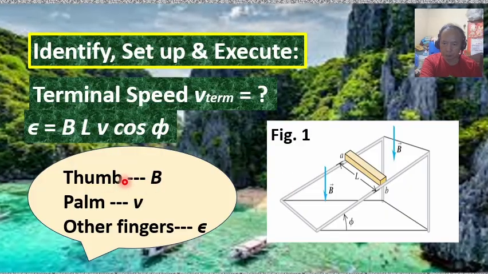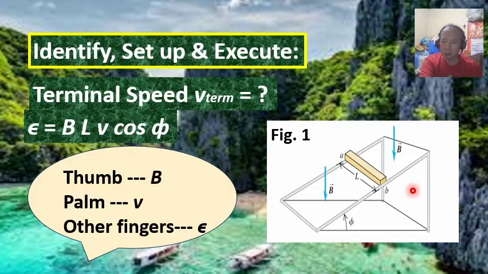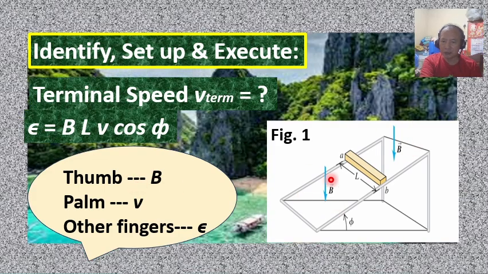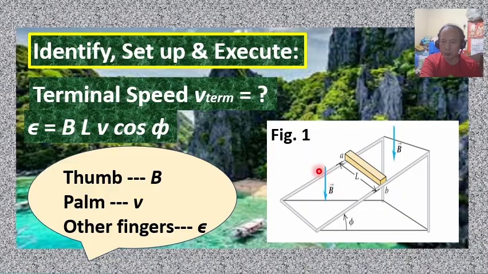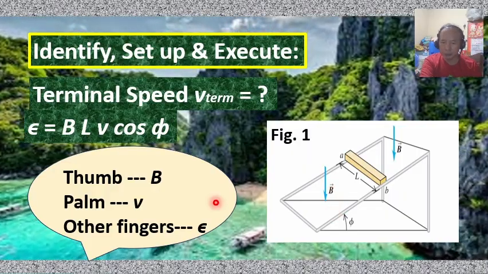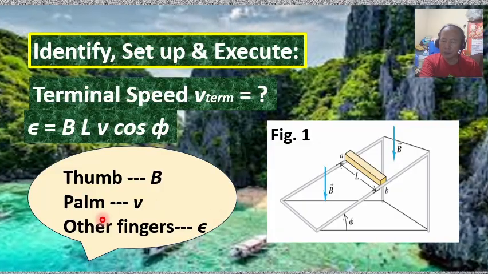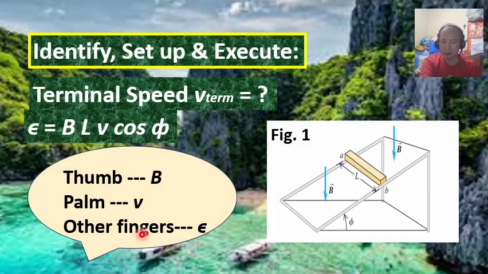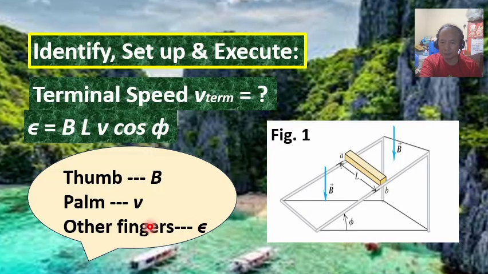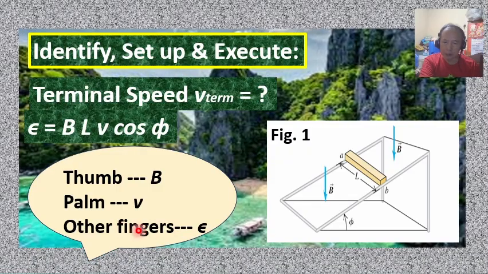Use your thumb to indicate the direction of the magnetic field, which in this figure is vertically downward. And the four fingers, which should be representing the induced EMF, can be determined